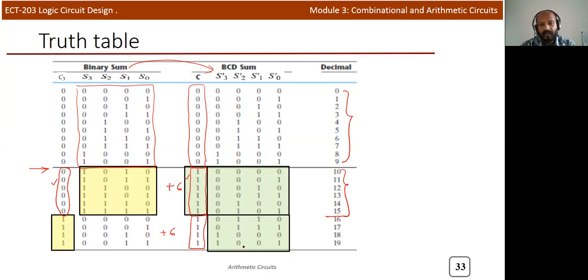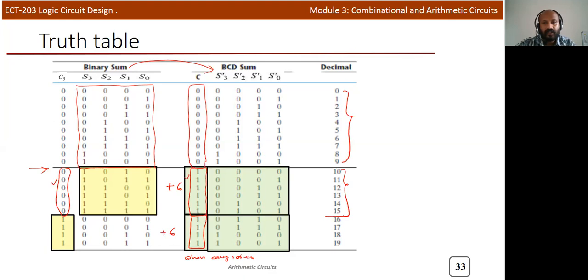So 6 plus 3 you will get 9, and the carry you need to change. So now we need to implement a logic to identify when the carry is equal to 1, or when we want to add 6. So we need to find a combinational circuit to identify when we need to add 6 and when there is a carry in the BCD sum.